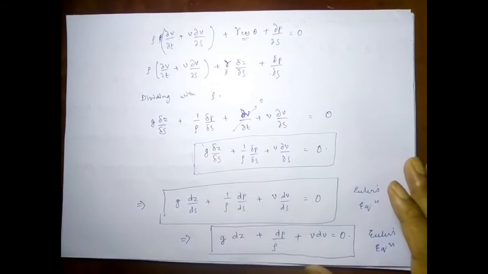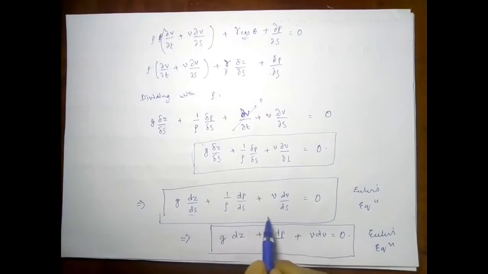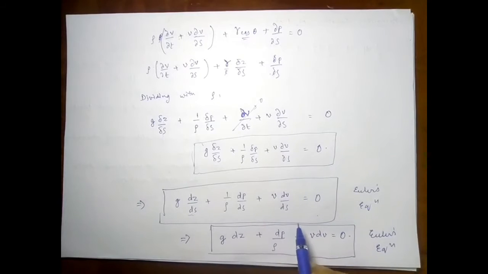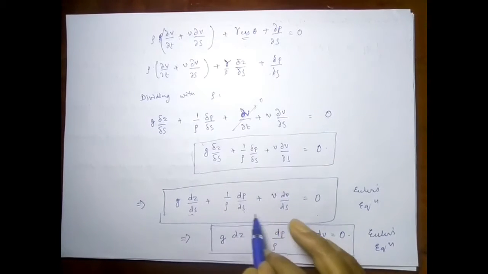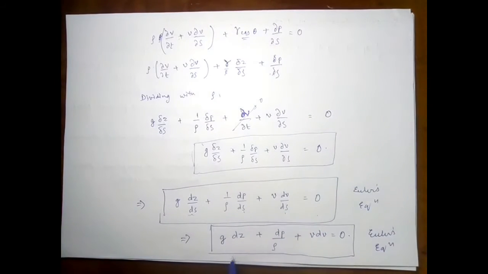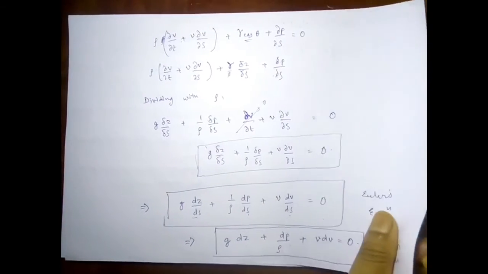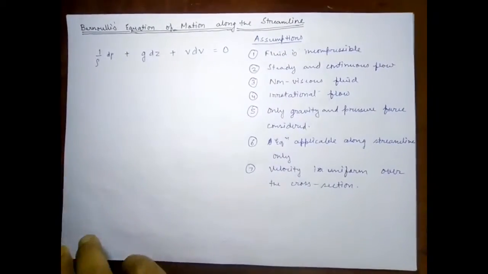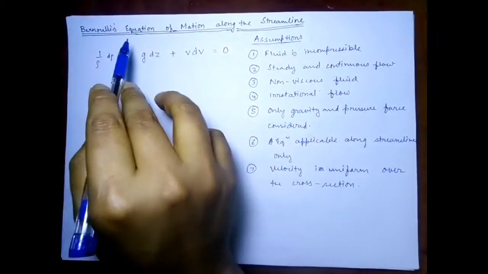Now just consider one more thing, that this Euler's equation of motion can be further simplified by eliminating this ds, and we will get the Euler's equation as g dz plus dp upon rho plus v dv is equal to 0. Now using this Euler's equation came another scientist known as Bernoulli,